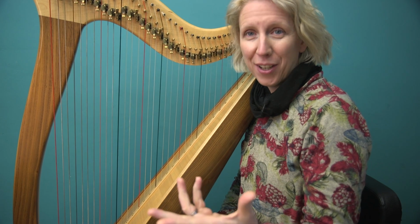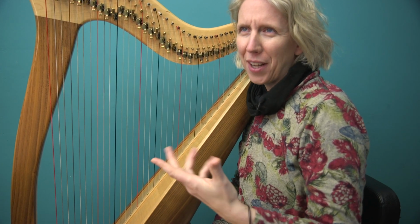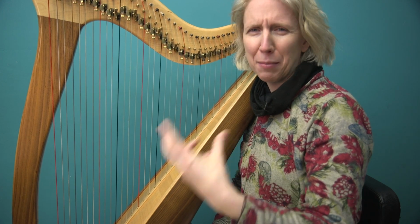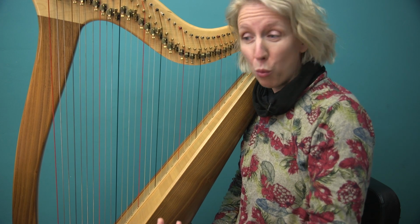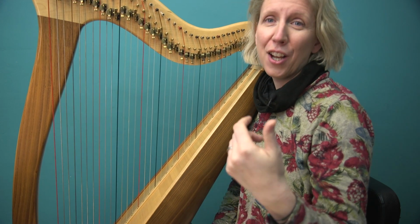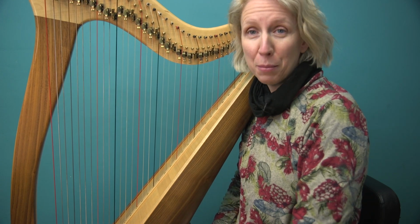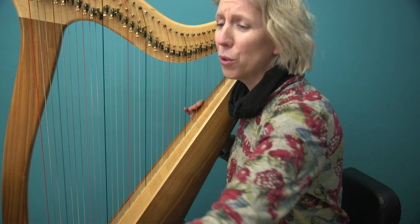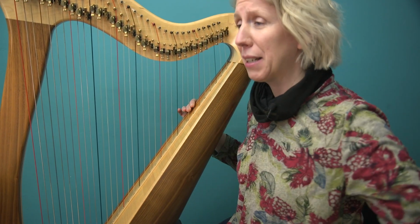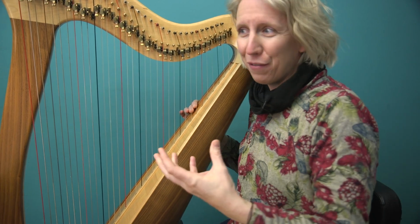Hygge, as you may know, is the Danish art form. I think of it as an art form because I think it's something that's worth practicing. It's about creating an atmosphere of warmth, of well-being, coziness, where you feel at peace and able to enjoy simple pleasures and just being in the moment. And I do think that this gorgeous piece that Ayla has so kindly given us absolutely fulfills that feeling and